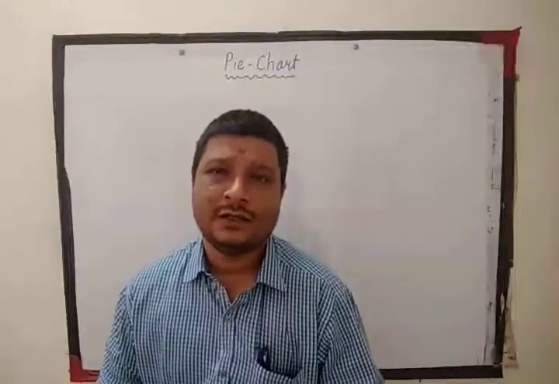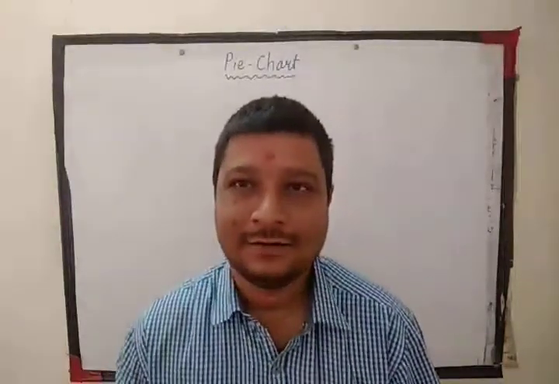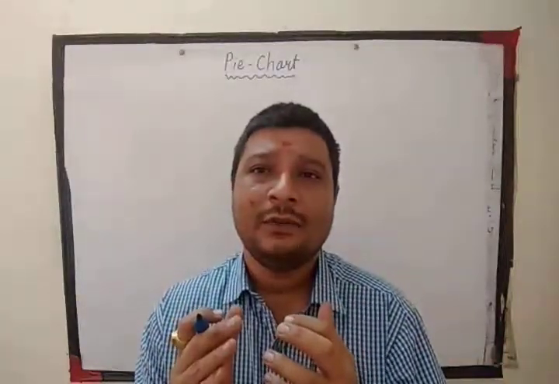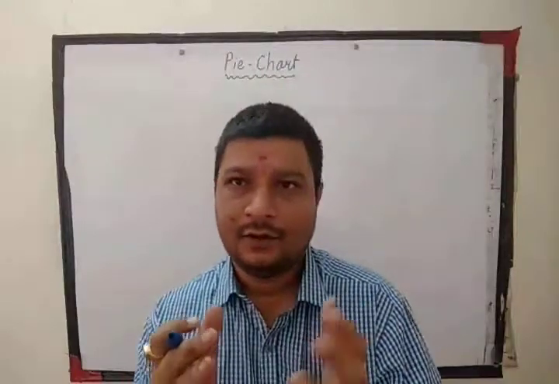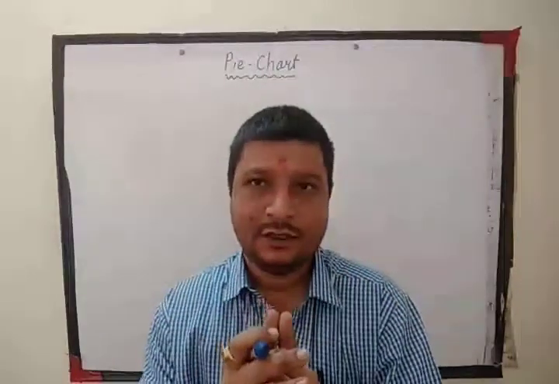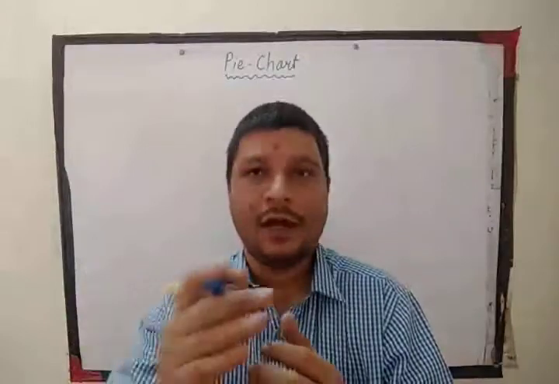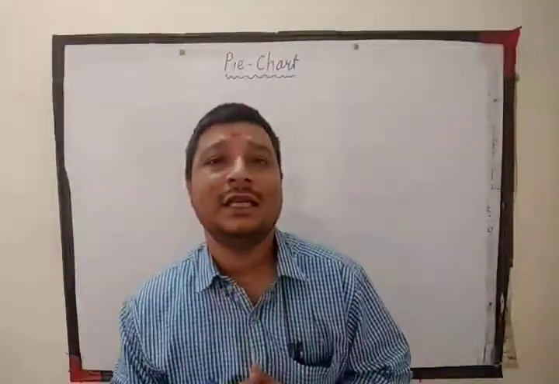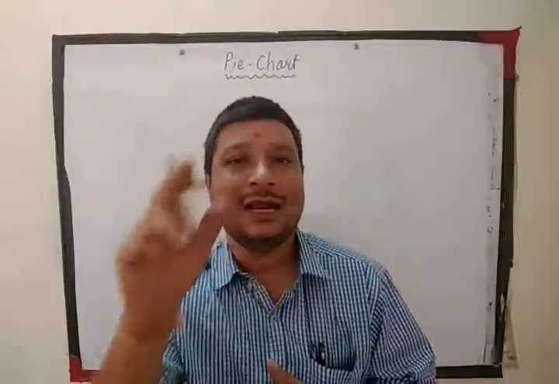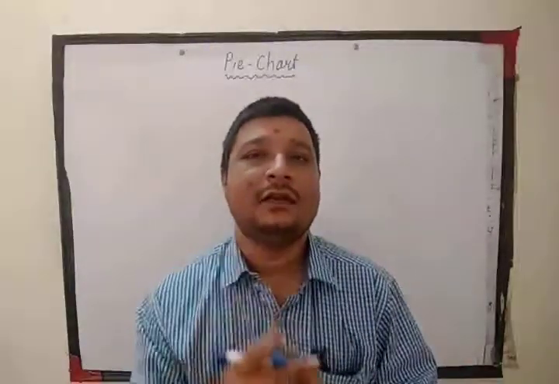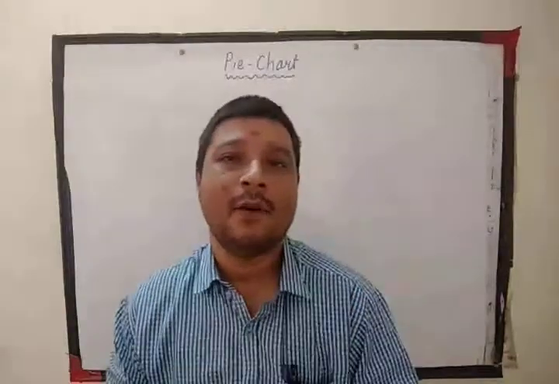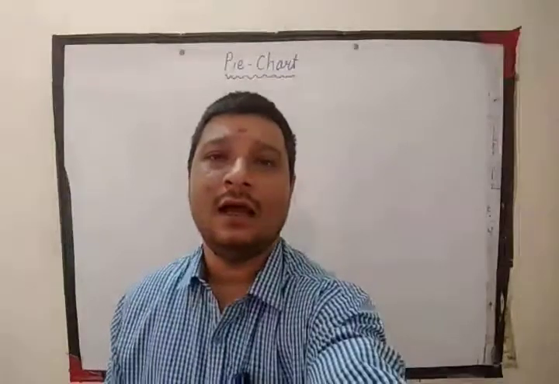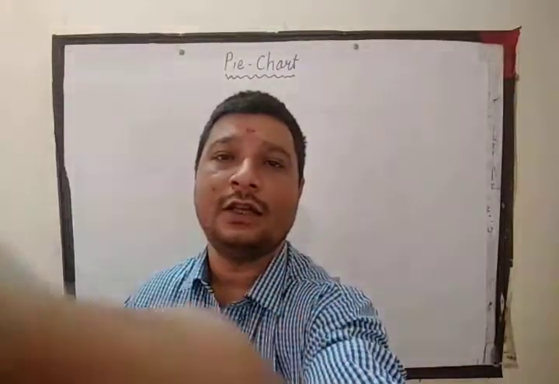Now, here in this session, we are going to discuss the pie chart. So, what is a pie chart? The pictorial representation of the data. What did we say before? Pictograph, then bar graph, then double bar graph, then histogram. Now we are discussing when the data is presented in a circular form, in a circle, then we say it is a pie chart or a pie graph. Now we will just take an example and learn how we can proceed further.